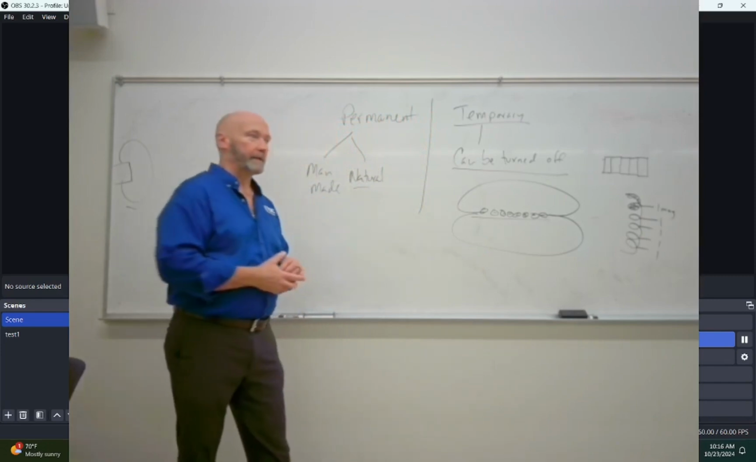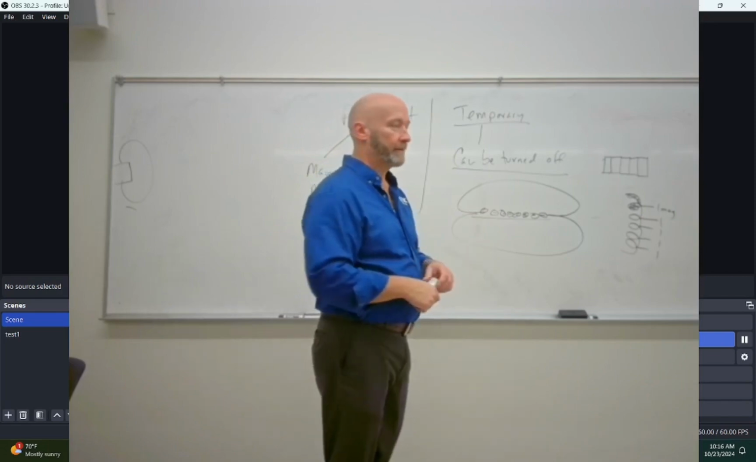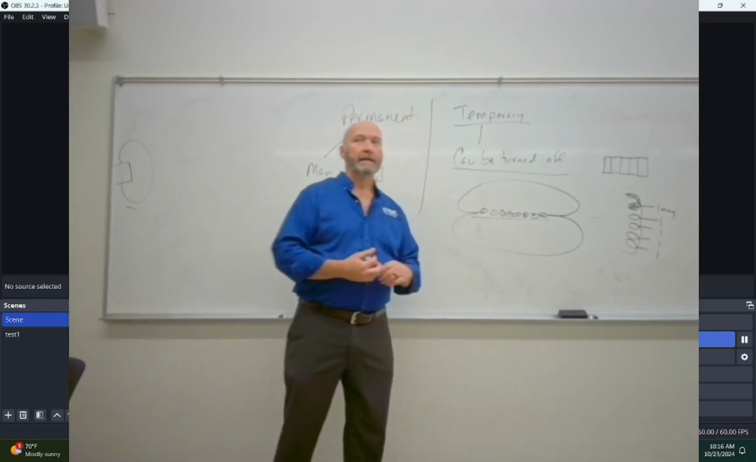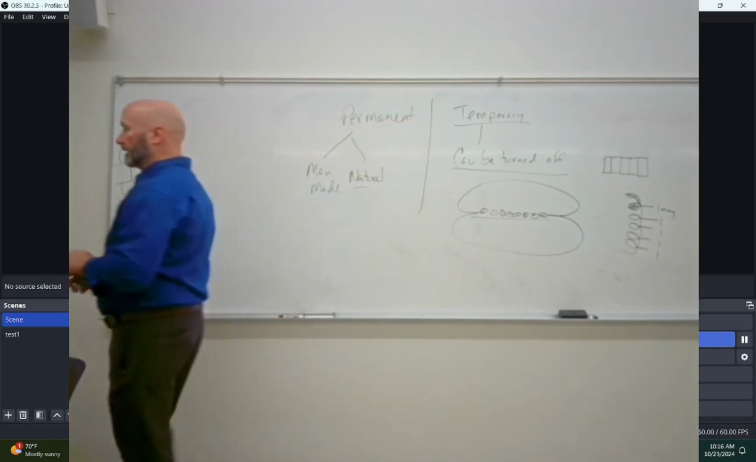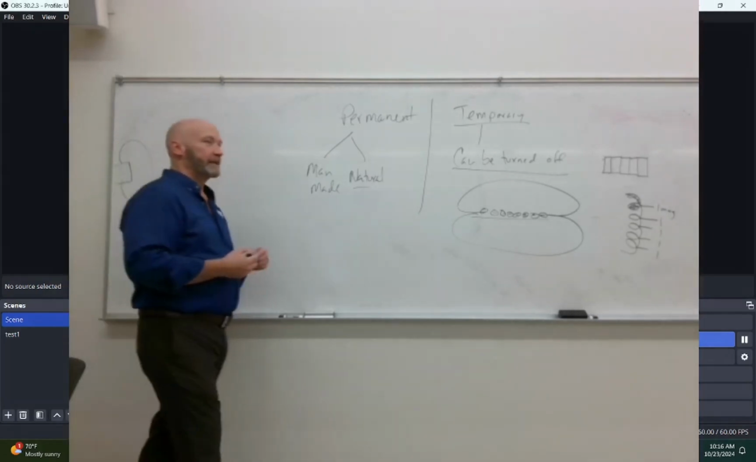So we've got non-magnetic, right? No observance of magnetic field whatsoever. And then we've got diamagnetic. With diamagnetic, what we have is a weak repulsion. Okay, so now this gets kind of